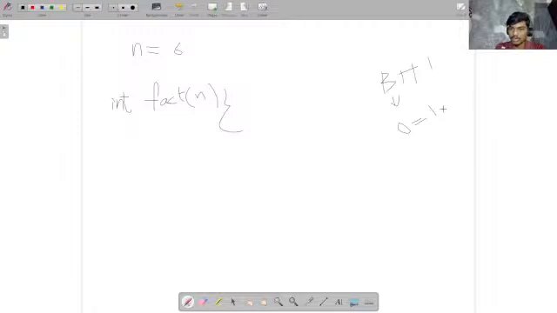Factorial of 1 is also 1. So if n is equal to 0 or 1,